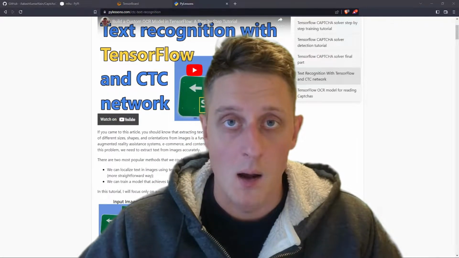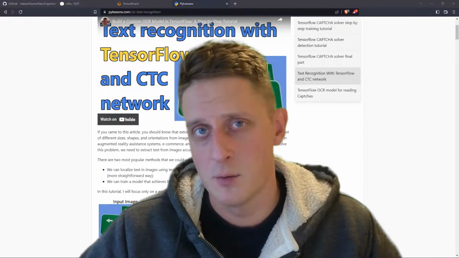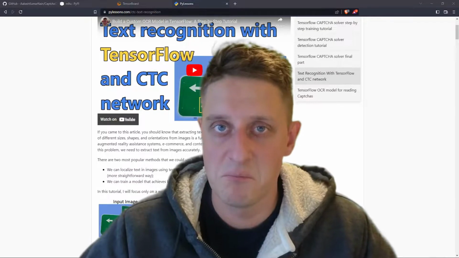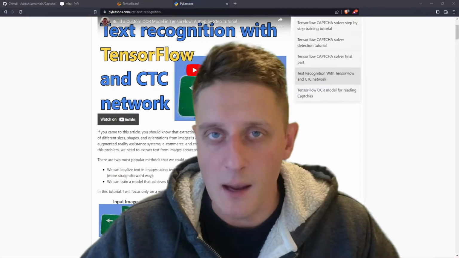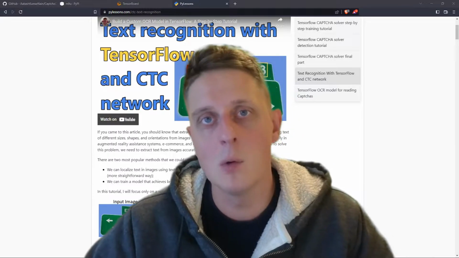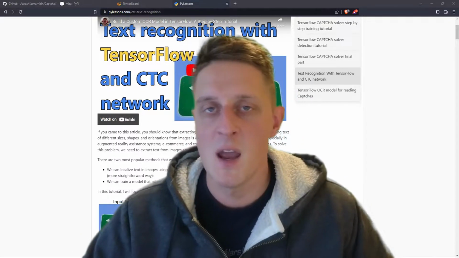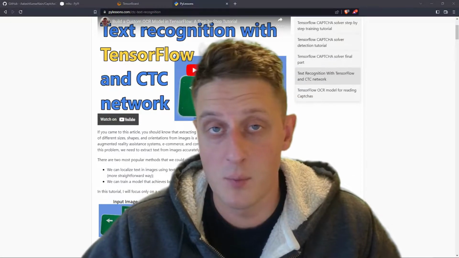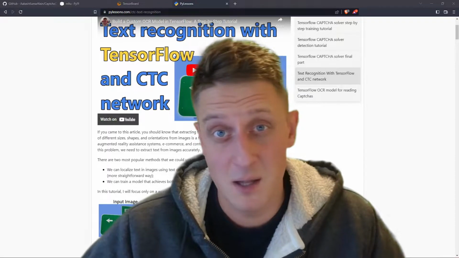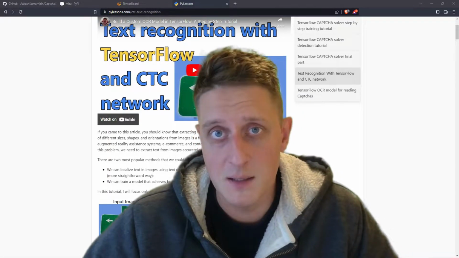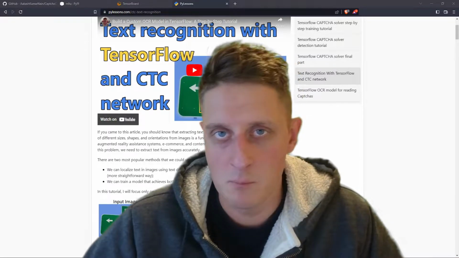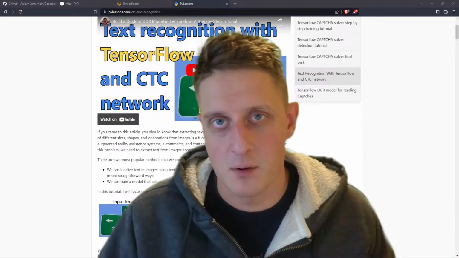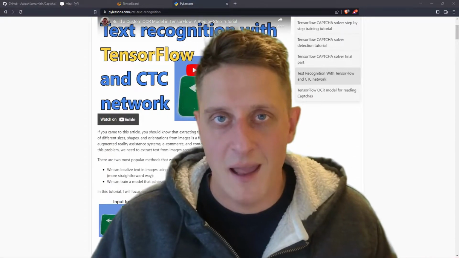Last time I was training this word-to-text model, but the issue was that there was a 10 gigabyte dataset, and not everyone can download such a large dataset, save it on disk, and leave it training for almost 24 hours. It also depends on what GPU you have, but mainly it takes too long. And usually there is no reason, unless you have a specific dataset where you need to extract specific words